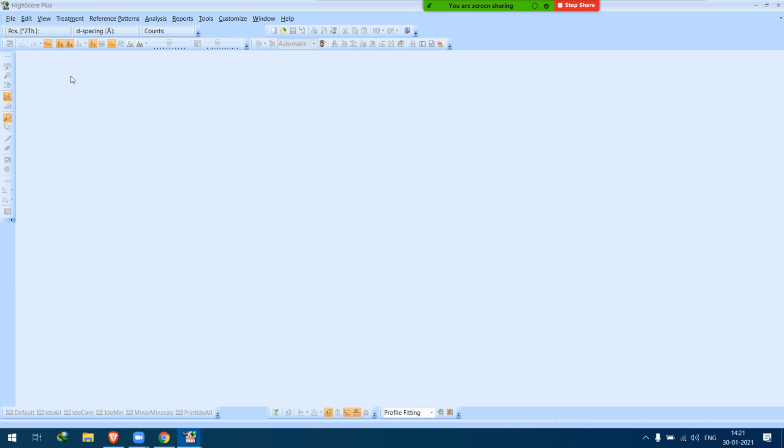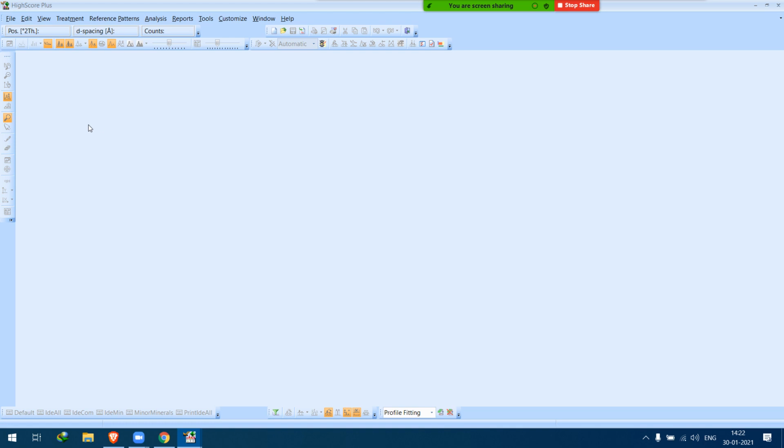For calculation of crystallite size and macro strain, you need to have a reference material also. For the reference, with the same optics, you can take one more scan on silicon or LaB6 if you have lanthanum hexaboride, or cerium oxide, aluminium oxide. On this material you can take the reference, and that reference will be used to subtract the instrumental profile if instrumental broadening is there. So this material will have the information about how much instrumental broadening is present.